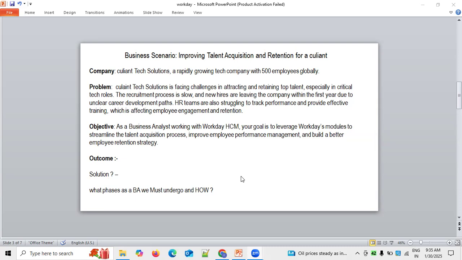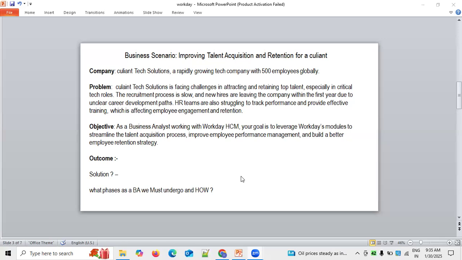So in this regard, it's always important for you to understand which customer we are providing a solution to, and what kind of problem we are facing, followed by the kind of objective you want to achieve. Next, what solution you are going to provide, and what phases we must undergo and how. So in this process, being a